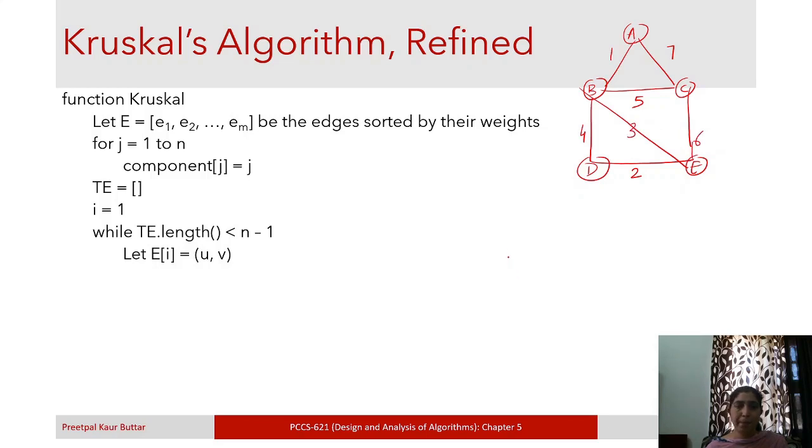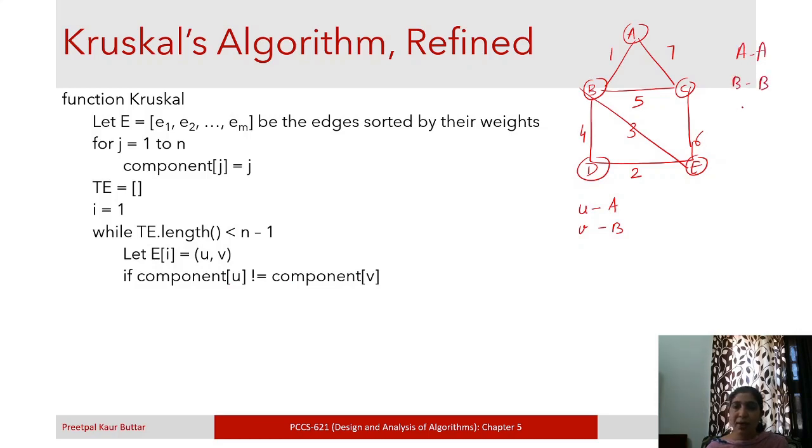Okay, so I is equal to 1, so we are adding the first edge, and let EI, this first edge, be connecting U comma V. So here U is A and V is B. Okay, if component of U is not equal to component of V, initially these are the components.